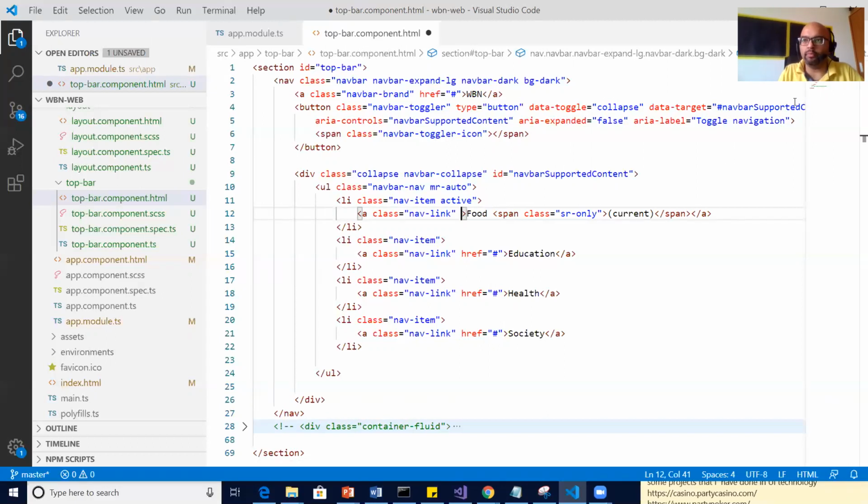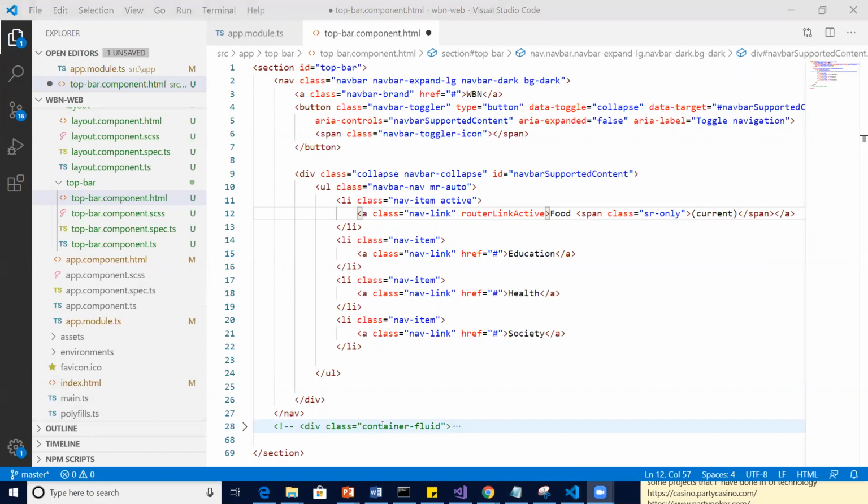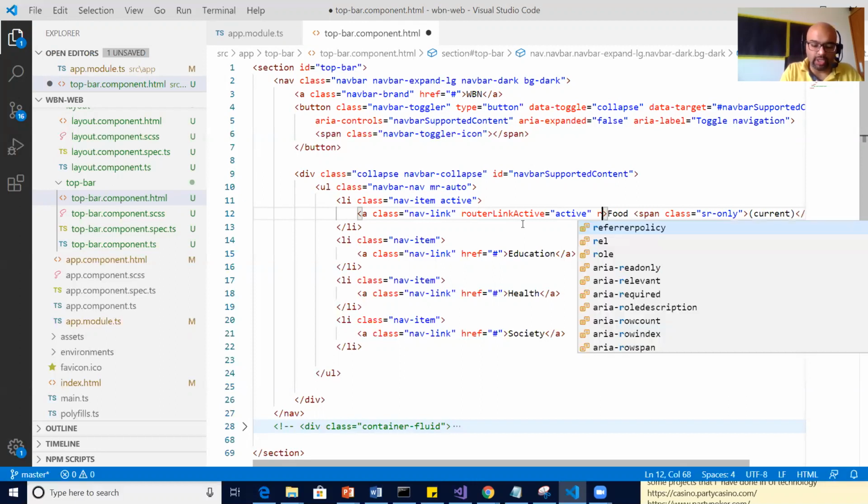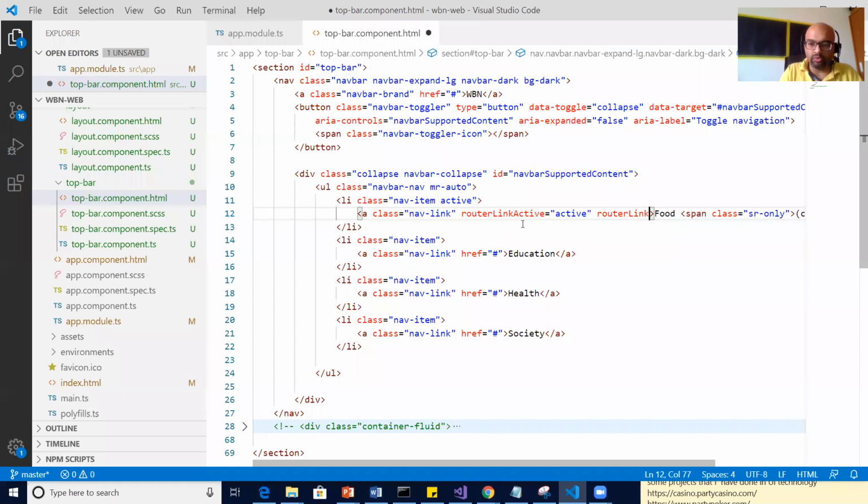So we will put, its syntax is something like, router link active equals to active, and the main thing is this one: router link.